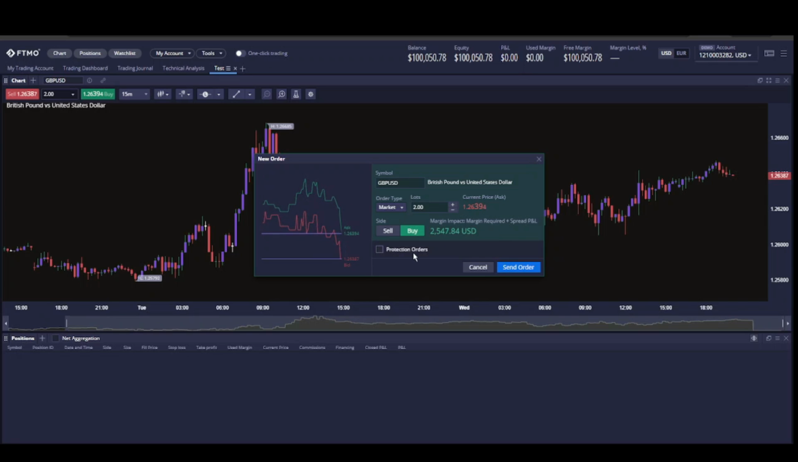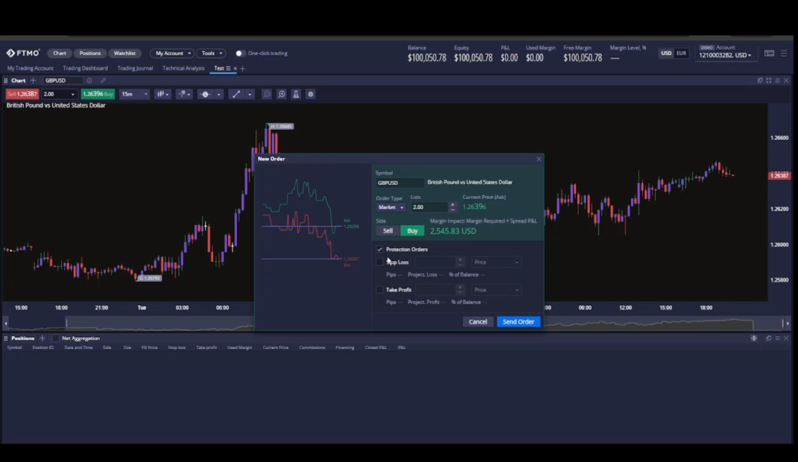So we have the other options here as well, like if you want to use a stop loss here. So what options do we have for stop loss? If you click on stop loss for protection orders, we see either a setup of fixed price here. Let's say if you're doing a buy order, we can do 1.26000, and it will display a 39 pips stop loss, and projected loss is $782, which is 0.78% of